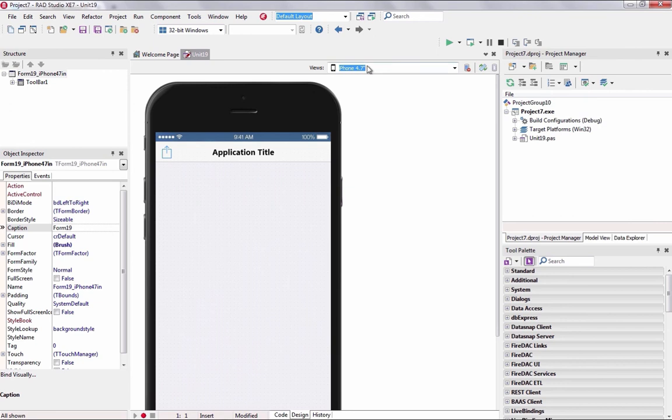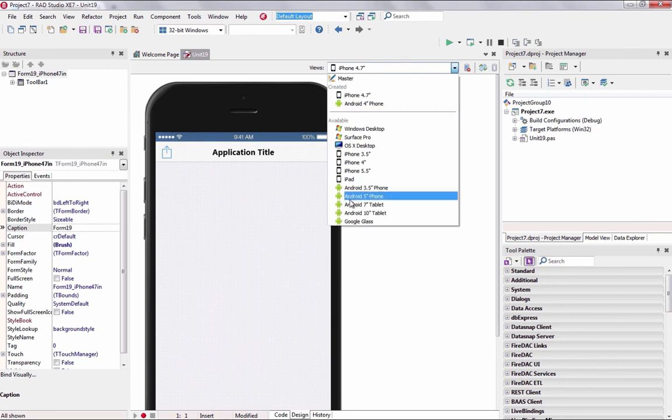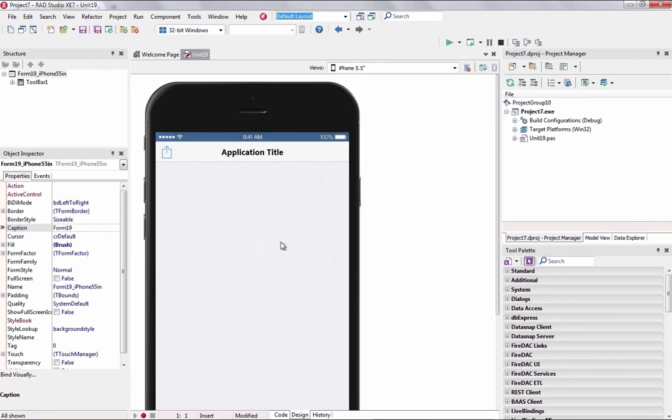So here I have my iOS iPhone 4.7 inch view, and then I also have my iPhone 5.5 inch view. Now, the styling that you see here is a native built-in style. So for iPhone 5.5, we have a 3x style built in. iPhone 5.5 inch, which is the iPhone 6 Plus, is a high-resolution device, higher resolution than the 4.7-inch iPhone 6, and we have built-in support for 3x styling, and that's also true for